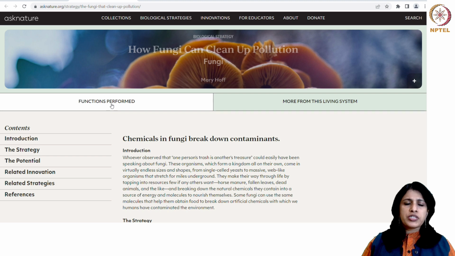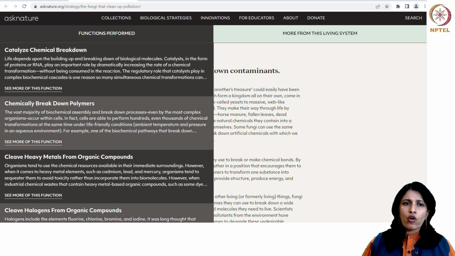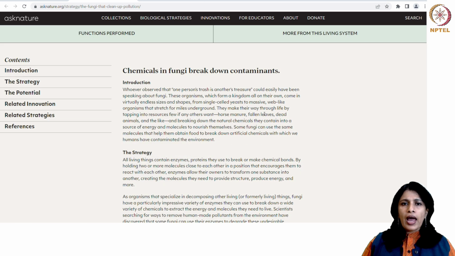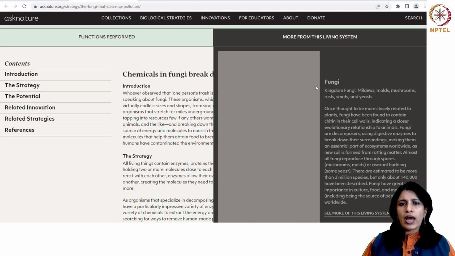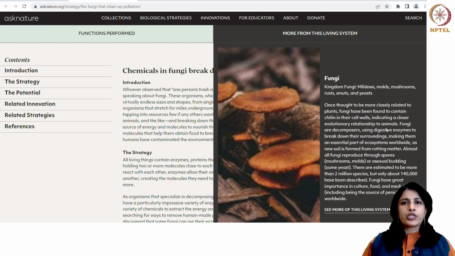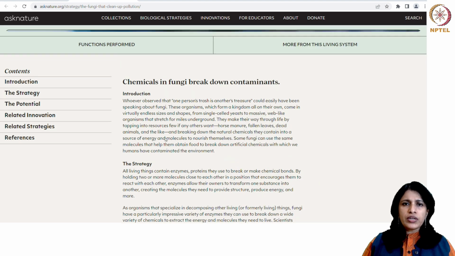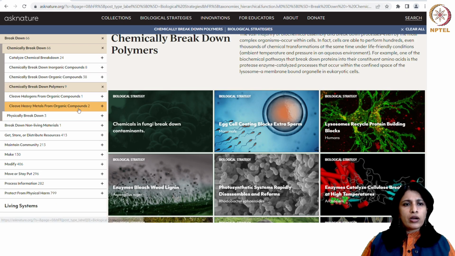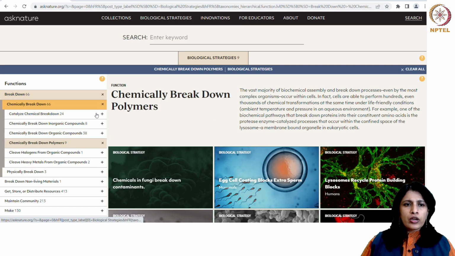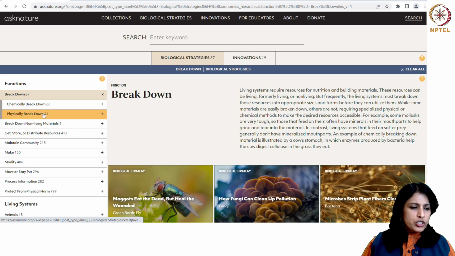Also on this page, you can see related functions for this organism. And if you want to look at the entire living system, let's say fungi, you can look at additional information on fungi. So this is a pretty detailed and comprehensive view of any function that you pick up to see. I'm going to go back to this taxonomy right here. We looked at the chemically breaking down. You could also look at other parts. You can look at, let's say